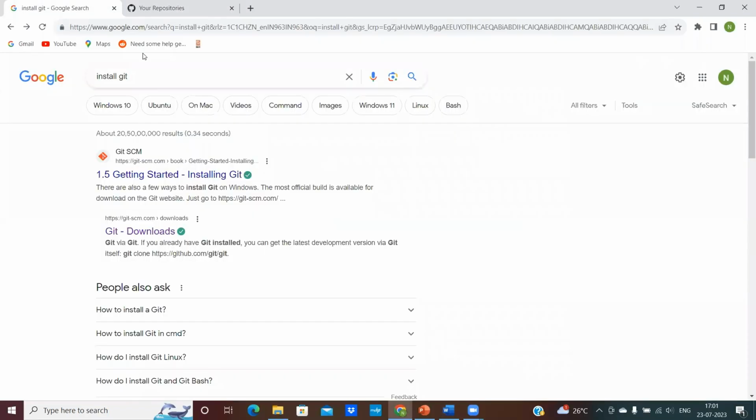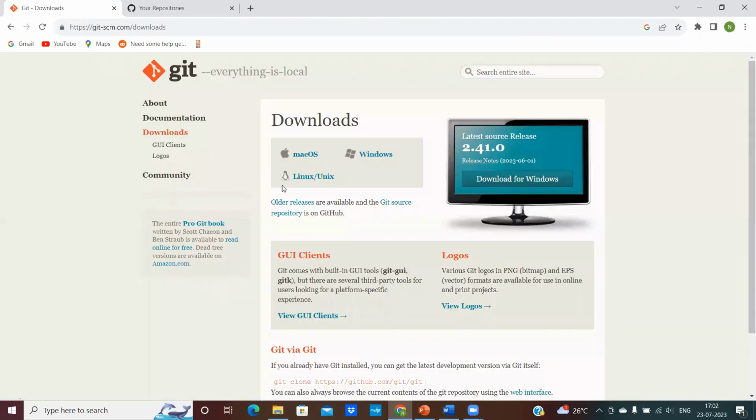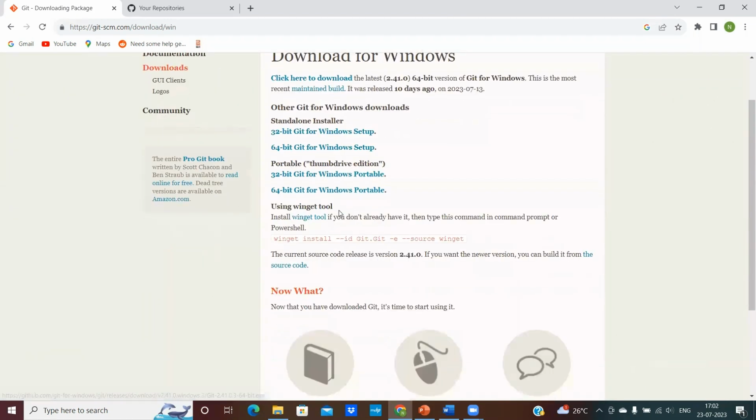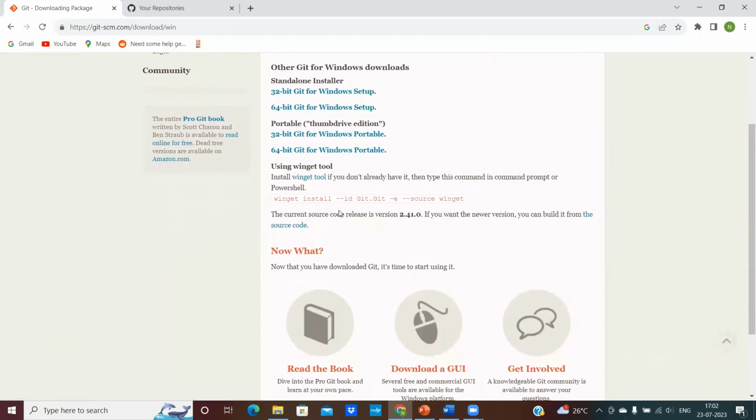For installing it, you just need to Google install Git, then go to this Git download page, whatever version of OS you are using. For me, I am using Windows. Whatever bit configuration you are using, just select any, then it would download this exe file. Then you just need to follow the steps and install Git. Once installed,